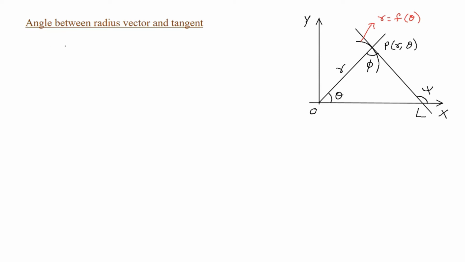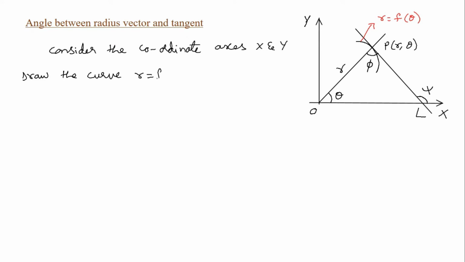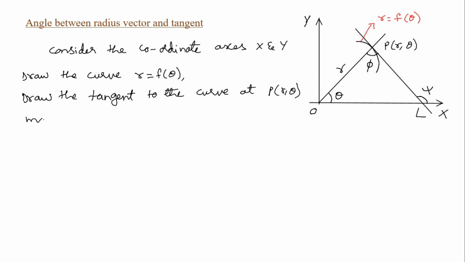So let me try to explain what I have done in the figure. We have first considered the coordinate axis x and y. Then we have drawn the curve r equals f of theta. Then we have drawn the tangent to the given curve. So draw the tangent to the curve at the point P of r comma theta, making an angle of psi with the x-axis,